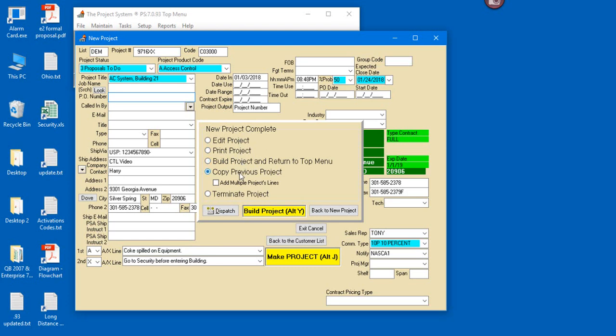Or we could copy another quote. So if we have a quote that's very similar to this, we can copy that quote in. Very similar to replicate, but this quote could be from any customer versus the same customer. We can also copy multiple projects in, as some of our customers have started doing with this option. Okay, so we're